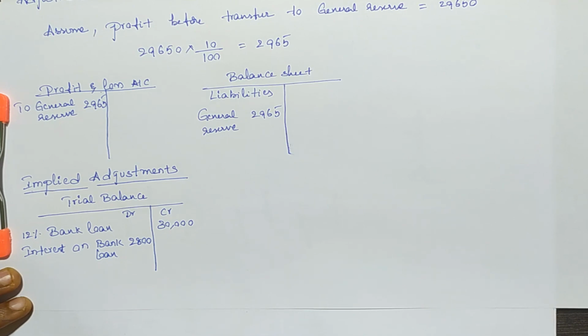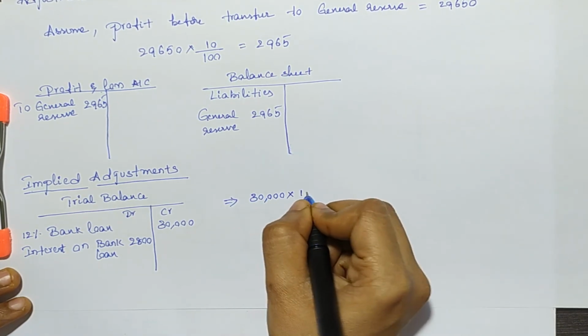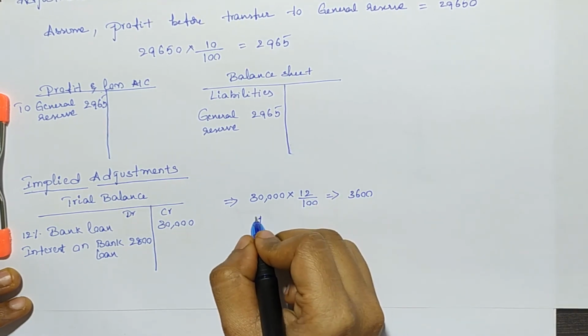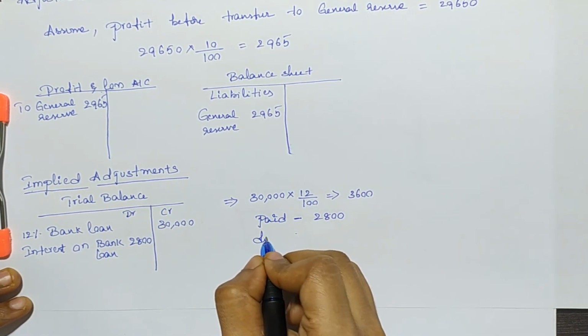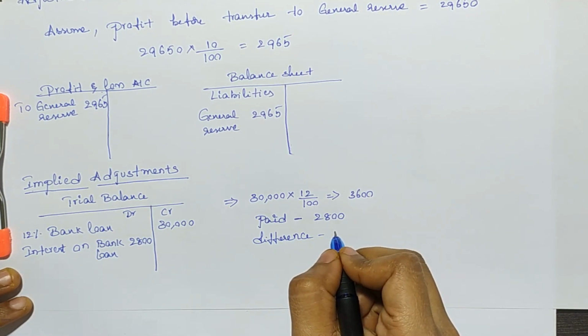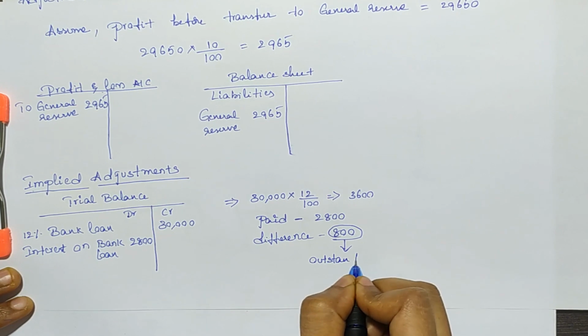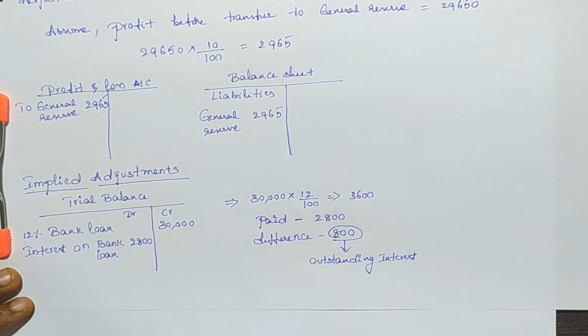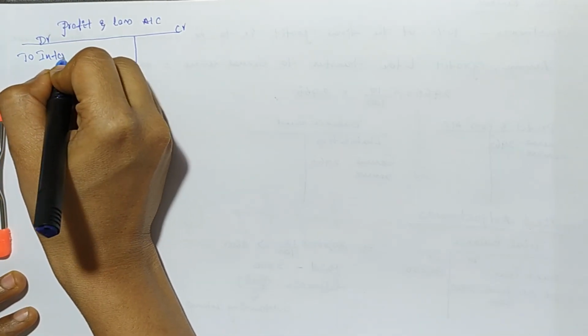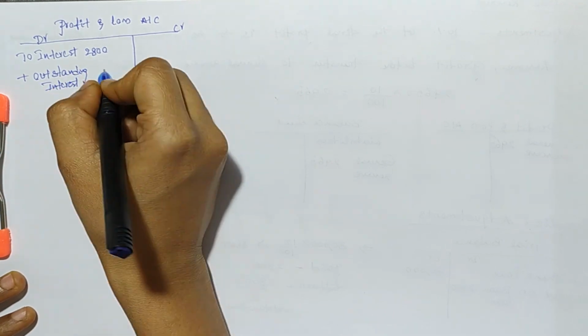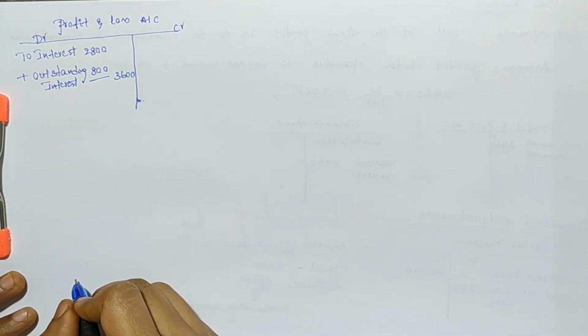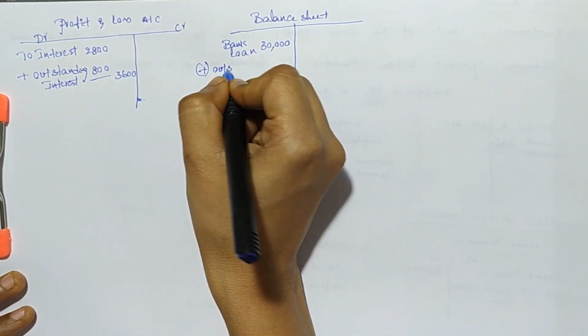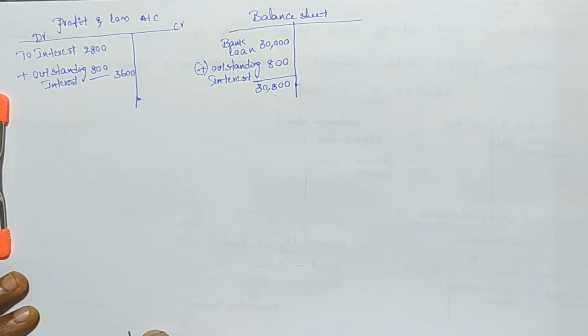Our first example is, in the trial balance we have bank loan amount and interest on bank loan amount. If we notice, 12% on 30,000 comes to 3,600, but interest paid on bank loan is 2,800. The difference between paid interest and accrued interest is 800. This 800 we call outstanding interest. We will add this 800 to the interest amount on the debit side of the profit and loss account, and also we will add this outstanding interest amount to the bank loan amount on the liability side of the